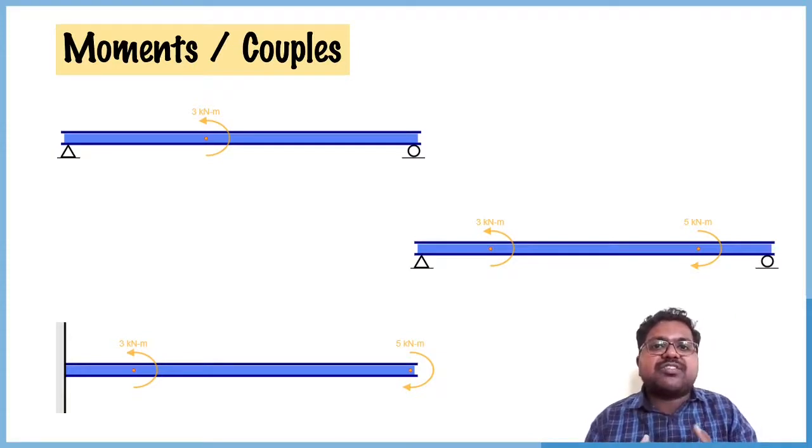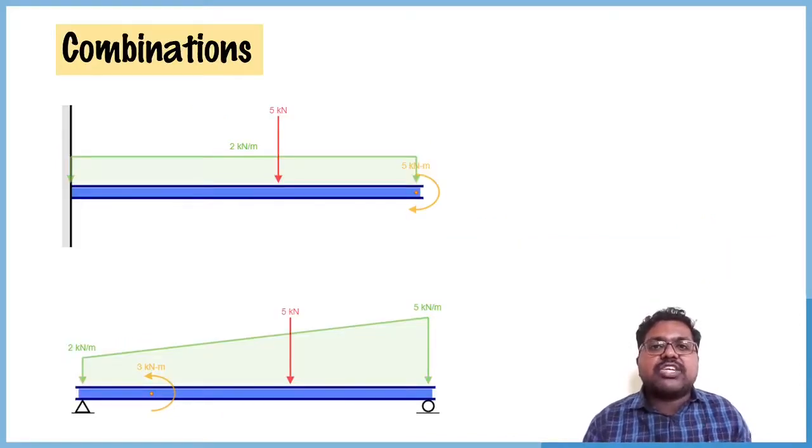All buildings, bridges, structures, whatever we are designing, are first subjected to general loads itself. Then we have to design them for our engineered purpose. So these loads will not come as a single one. They will come as combinations with general loading. So we need to take care of these combinations, and we have to work out in future our shear force and bending moment calculations and shear force diagrams and bending moment diagrams.